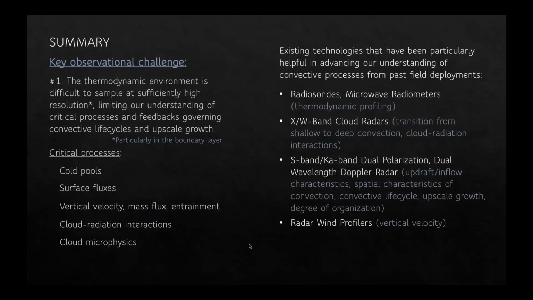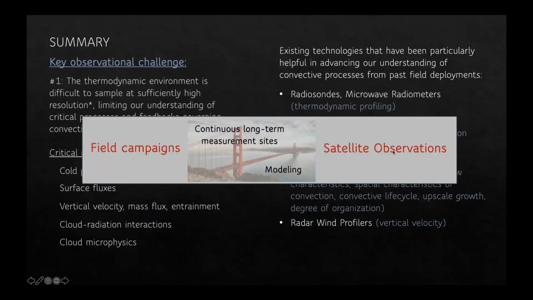critical processes. We have a number of existing technologies that have been helpful in past campaigns, and I'll just leave them here: radiosondes, radars, et cetera. But what I think we really need to think about is we have all this satellite data, we have all these field campaign observations, and we often use modeling to do these process studies in between to fill in the gaps, like understanding vertical velocity and things that have been really difficult to measure,